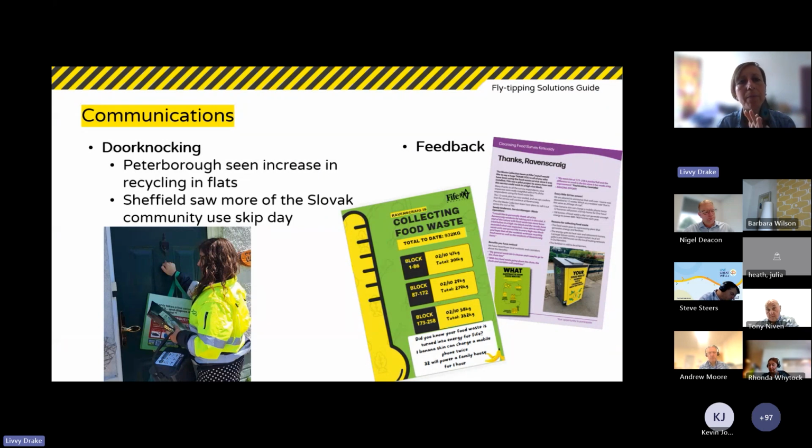And we did this with the Fife case study, with the food rollout in flats. We gave people feedback. So we were telling people how much food waste had been collected on a regular basis. So it wasn't just at the end of the 3-month trial, it was throughout the piece. And then at the end, we did a thank you letter and an article in the Residents magazine. So that was reinforcing the desired behaviour, thanking those people who had made an effort, and highlighting to other people that other people are doing it. So another way of improving that social awareness.